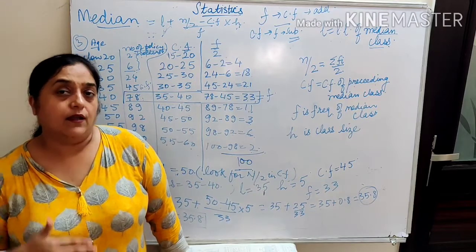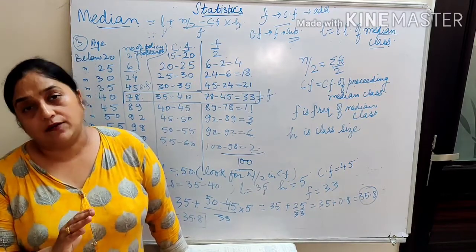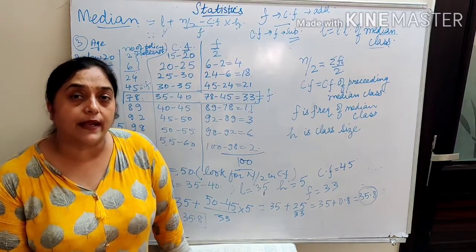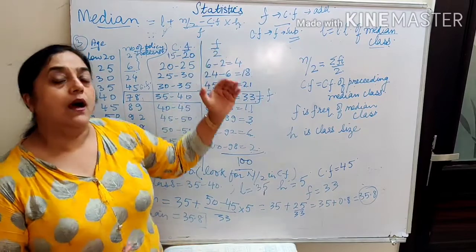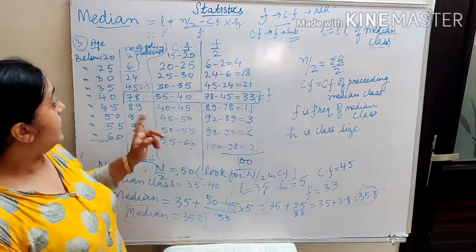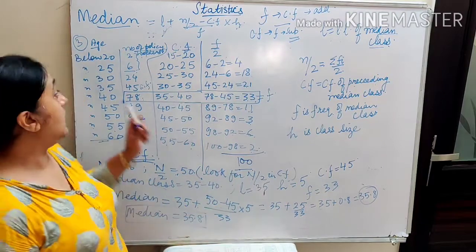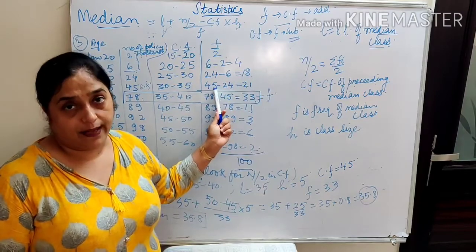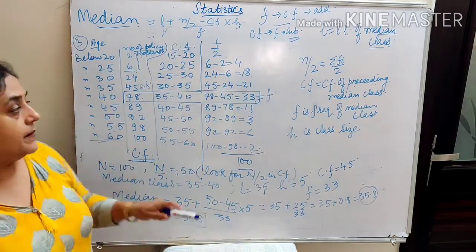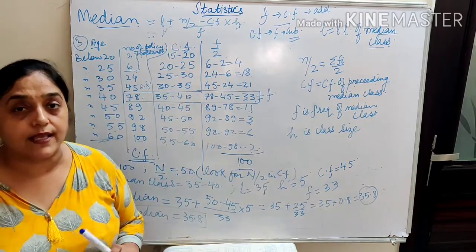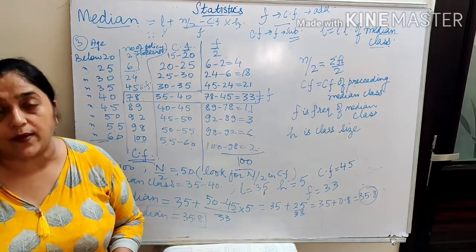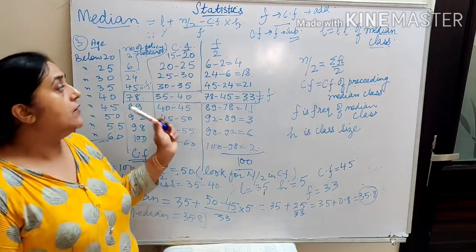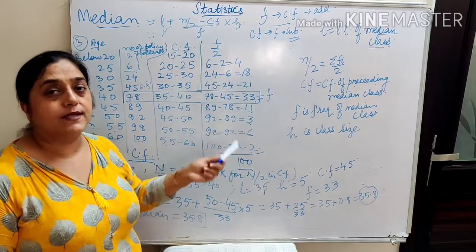Then in median, we learned to convert the normal class interval and its frequency, how to find out cumulative frequency from that, and then using this formula how to calculate median. And next thing we did today, a very important topic, a below than type data into the frequency distribution table. In below than type data, the frequency will always be given in increasing order and that will be your cumulative frequency. Now when we convert into the frequency, we keep subtracting.